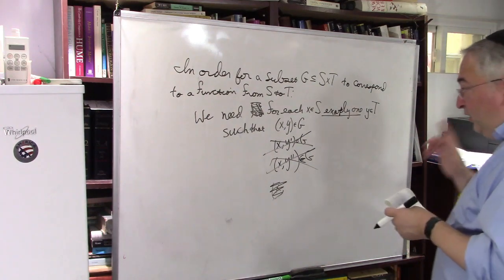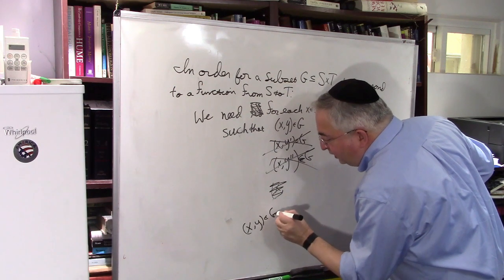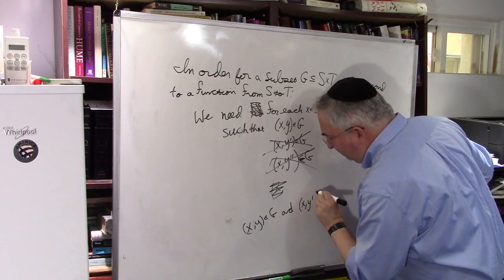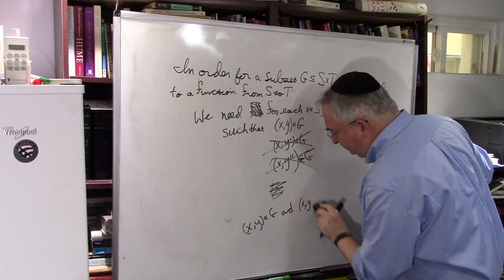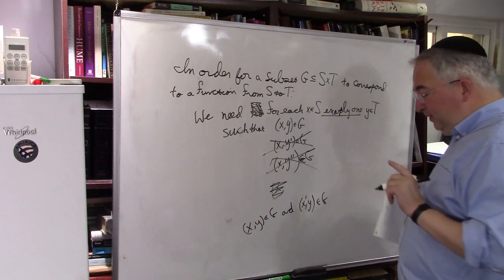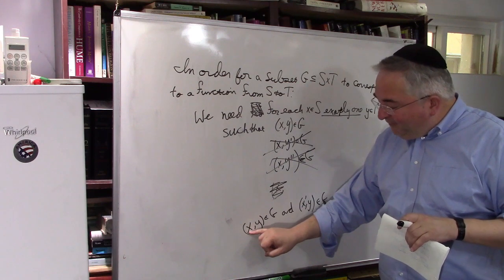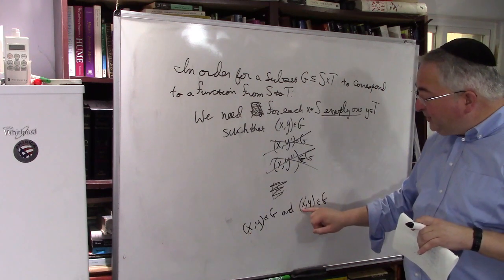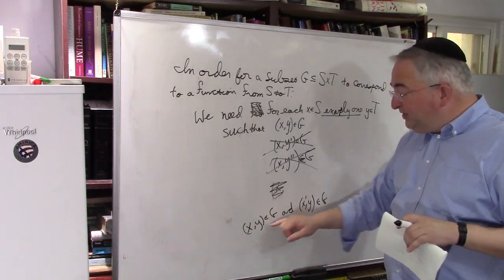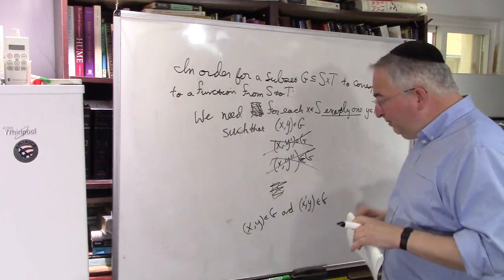Okay? Notice there's no problem with having x comma y member of G and x prime comma y member of G. This is not a problem. What this says is the output f of x is equal to y and f of x prime is equal to y. That's not a problem. Okay, two things going to the same output value, that is not a problem with us. Okay, why is it not a problem? Because